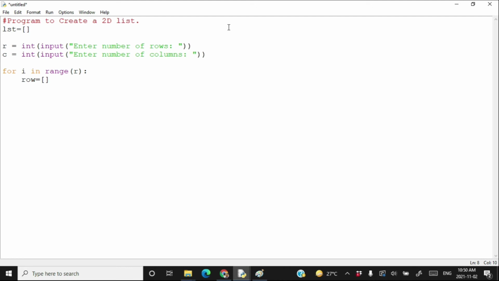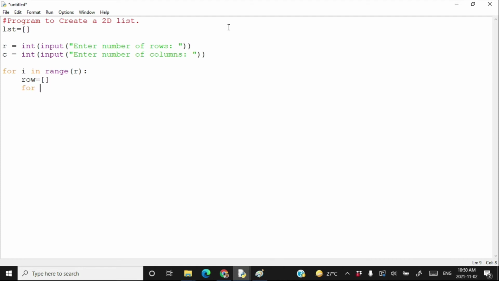For every new row, you create an empty list whose name is row, that will hold the 1-dimensional list which is to be added to the final list.